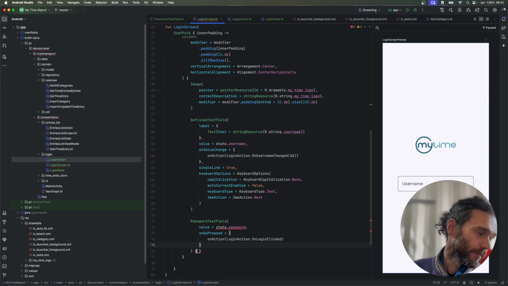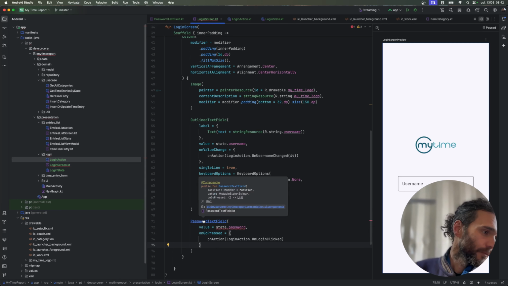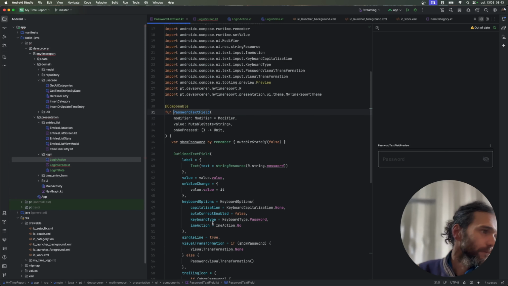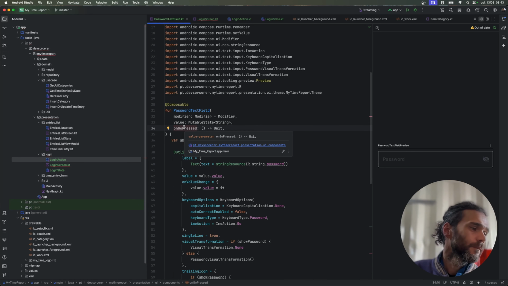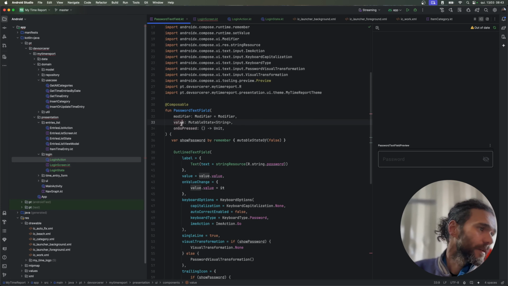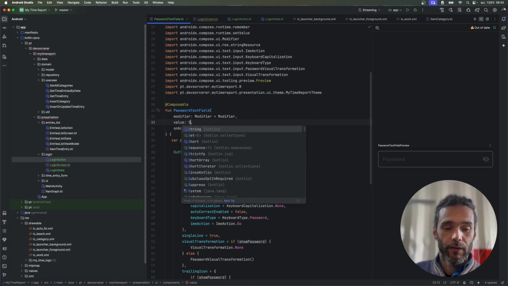On login click, remove this. Okay. Let's change this. Let's pass value, going to be a string,